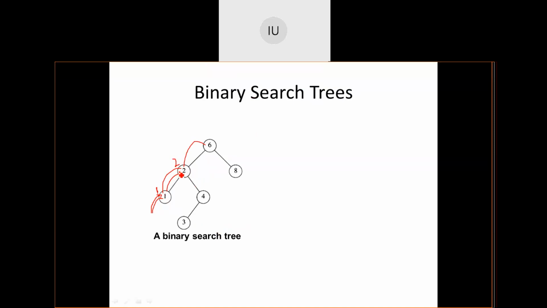With reference to 2, left has been done, itself has been done, it has to go to right. On the right, whether the root is null? No. It again calls left, itself and right. Now with reference to 3, goes to the left. Null, so simply returns back. Does itself, nothing but plus 1 to the count. Now count has become 3. Then goes to the right. Nothing is there. Return back.